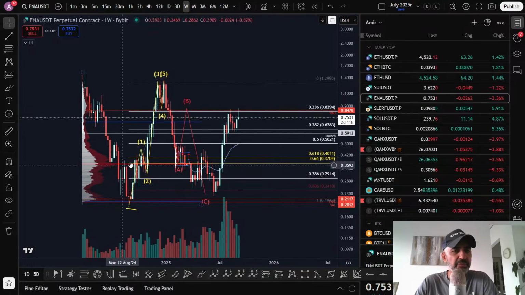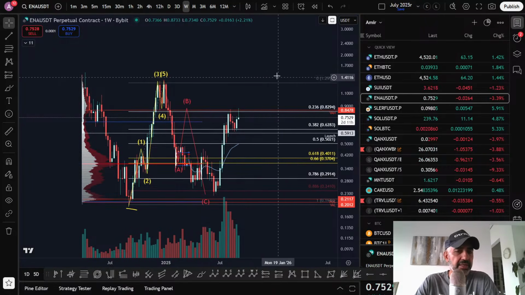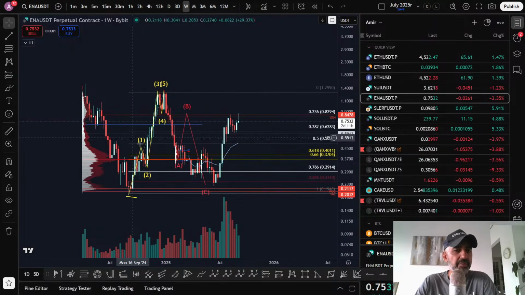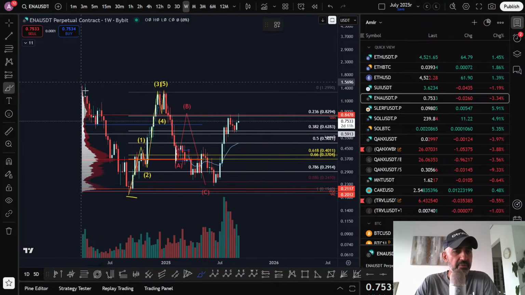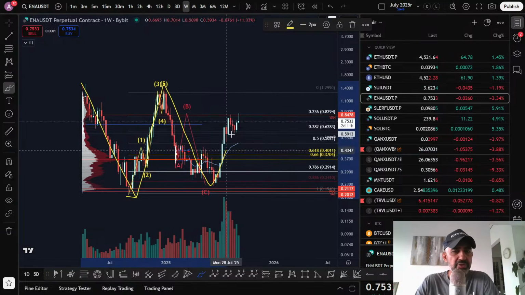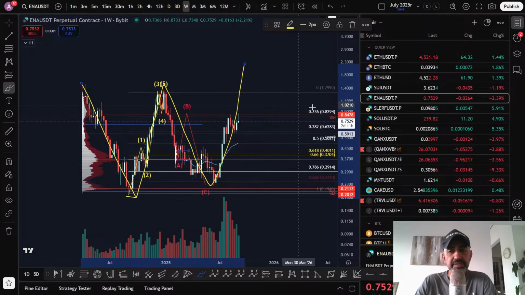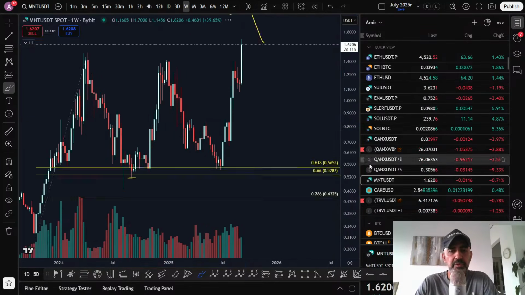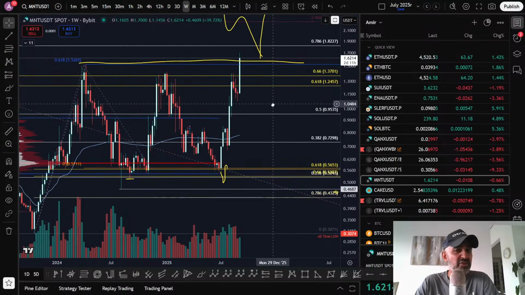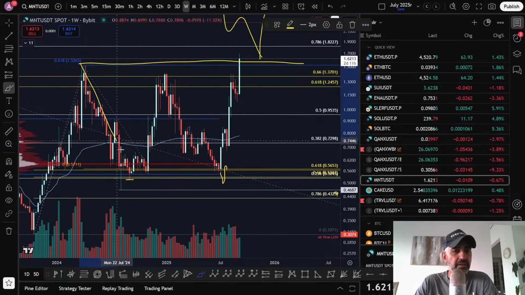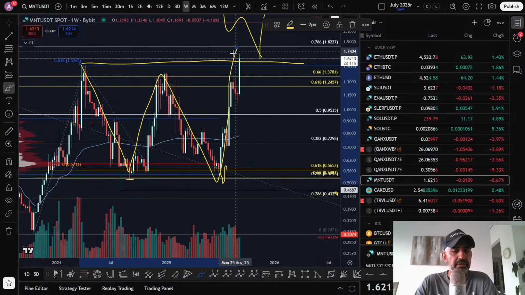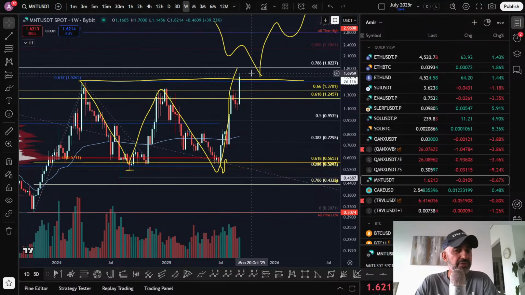You have to be aware that a lot of these tokens are forming bearish harmonics on the higher time frame. So it's hard to know if they're going to go parabolic or not. They may just be higher time frame range bound. And that's what I kind of see here. For example, you see that is potentially a bearish harmonic there. You have the same thing with some other tokens. Like here, this is actually a bearish harmonic, isn't it? You can see it. A big higher time frame bearish harmonic is forming, and so I'm not sure we're going to get the parabolic move yet.